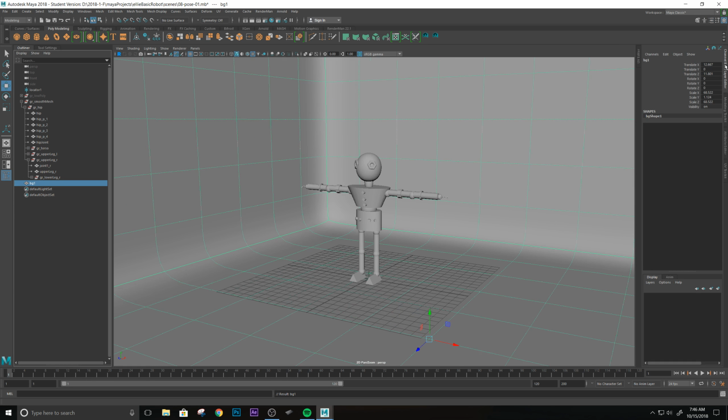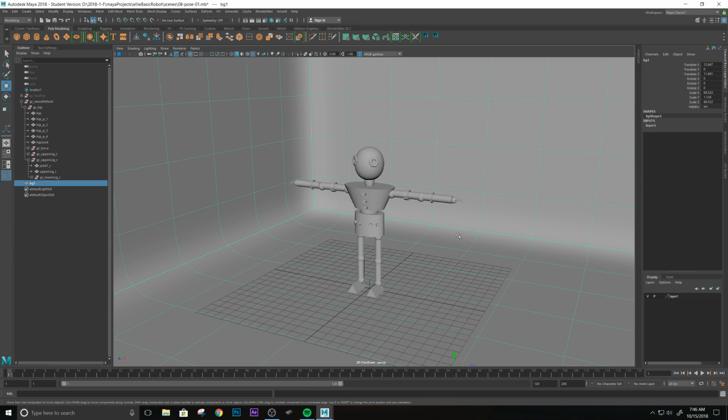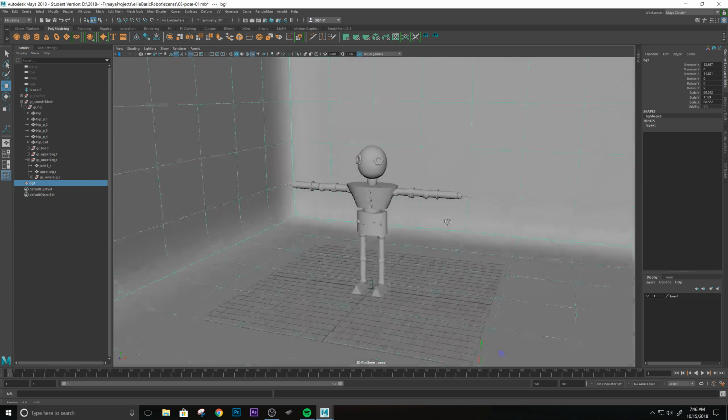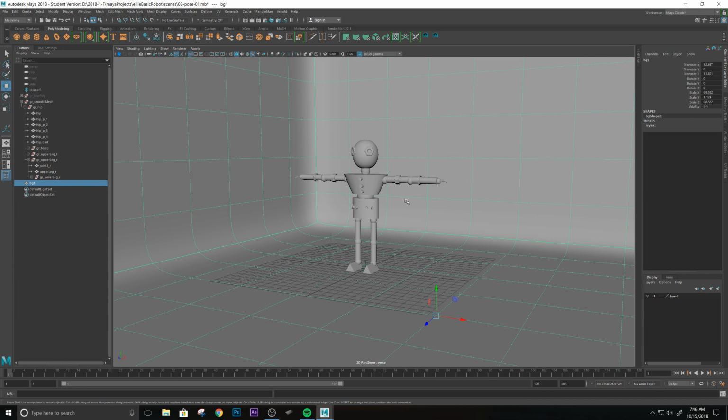Then I'm gonna put it into a display layer, right? I'm just gonna put this background in the display layer because I want to be able to turn it on and off. So it's almost ready, right? So the next thing would be,